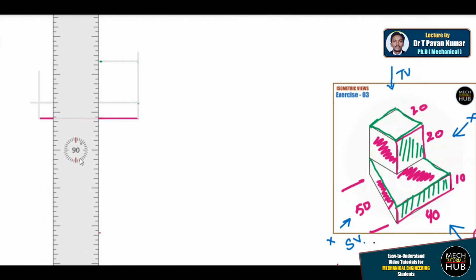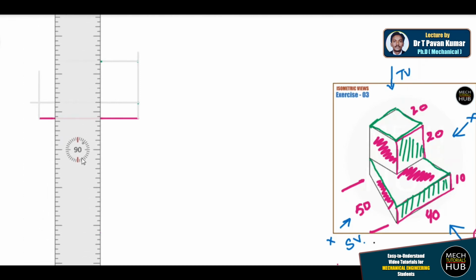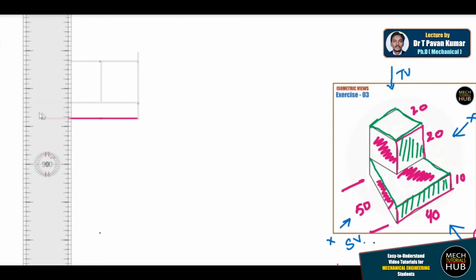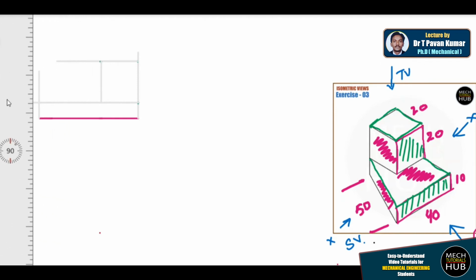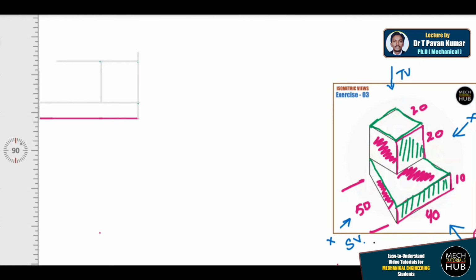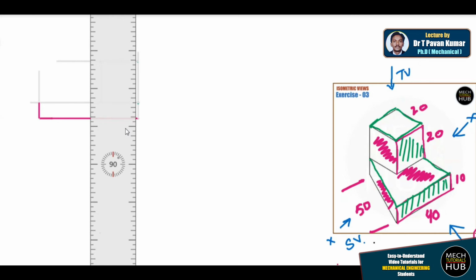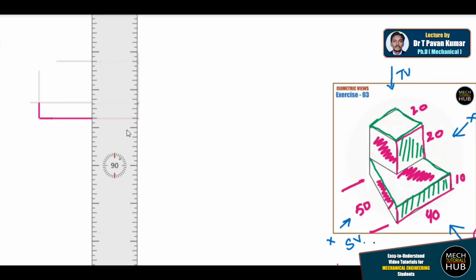Alright, again I align with the point which I have selected, then one more construction line dropping from here to the next line. Alright, this is how the front view looks. Now the required things need to be darkened. Here this line is visible, and this line is also visible from top to bottom till this line.